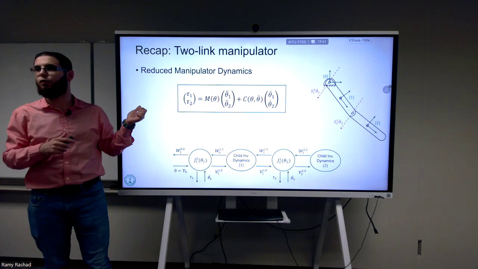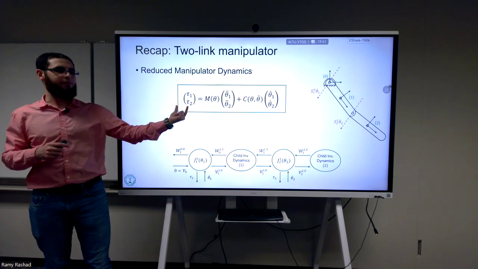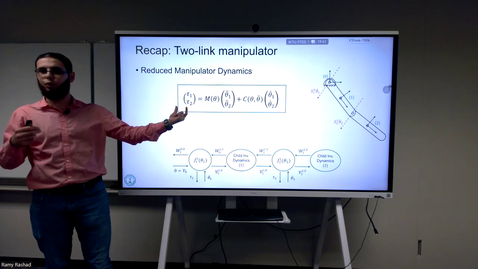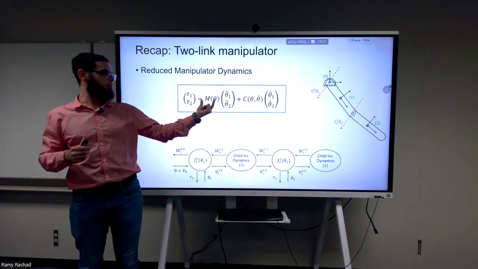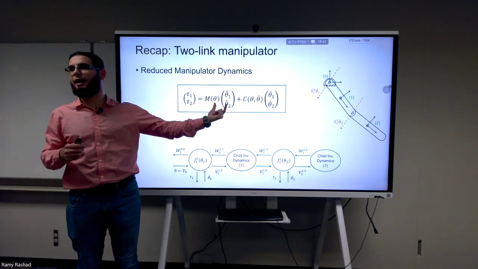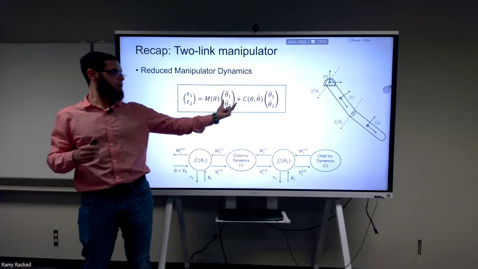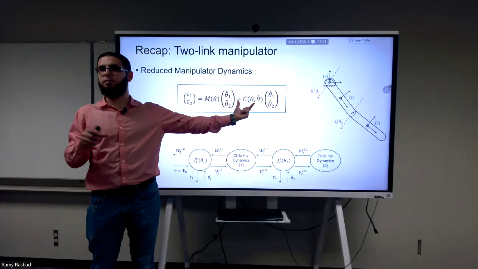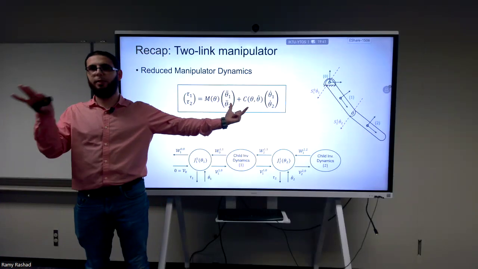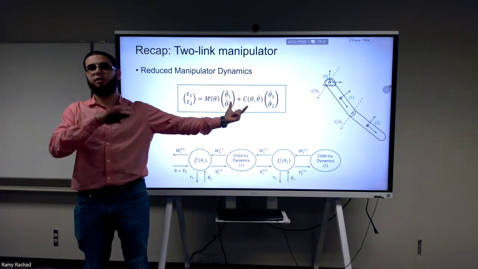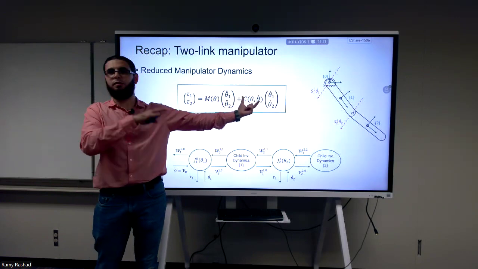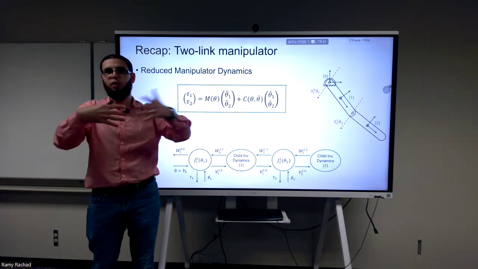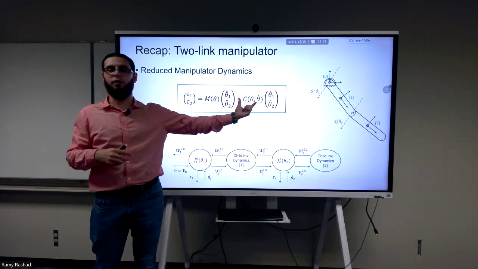This is the starting point for manipulator dynamics, where the control torques, or the input torques, are given by some mass matrix multiplied by the angular velocities of the joints, plus some matrix that contains a lot of the gyroscopic terms, the Coriolis term, the centripetal term. So this is a nonlinear matrix that has all of the cross couplings between all of the links